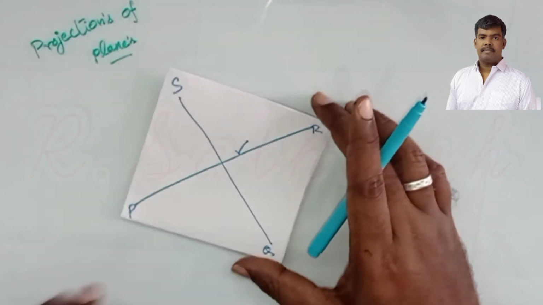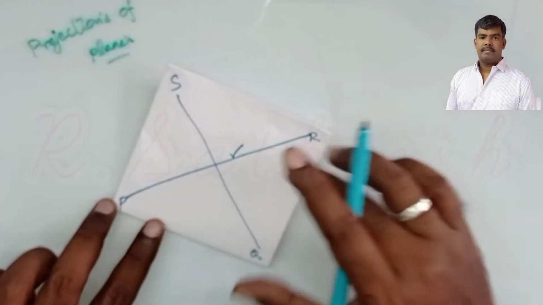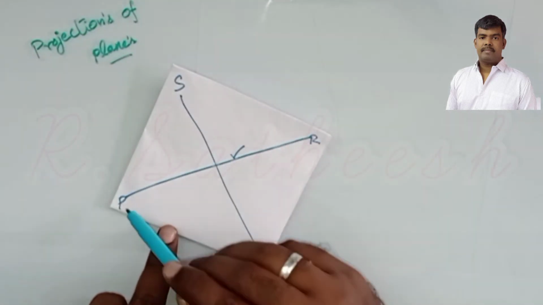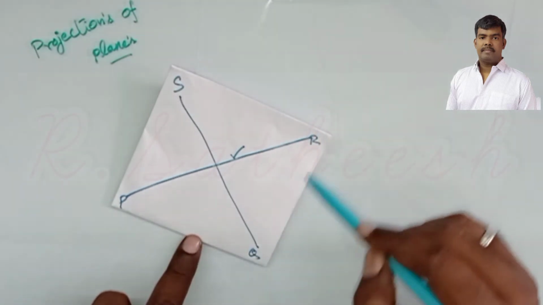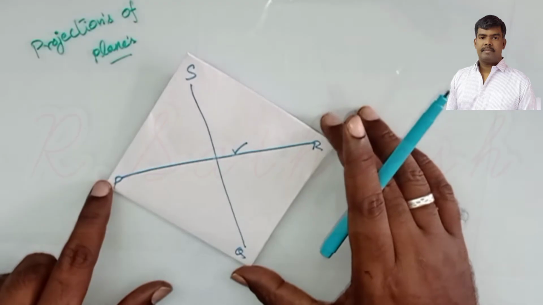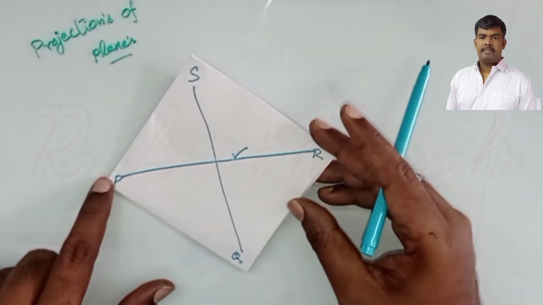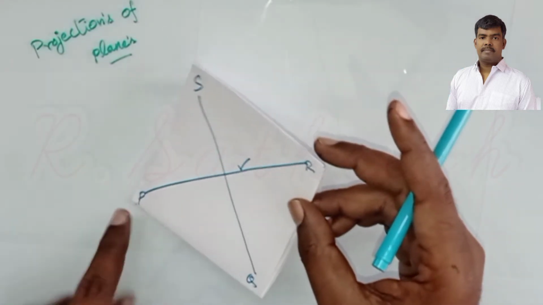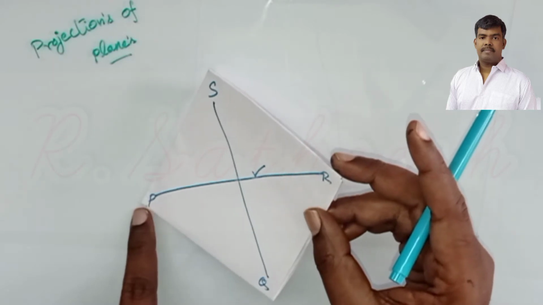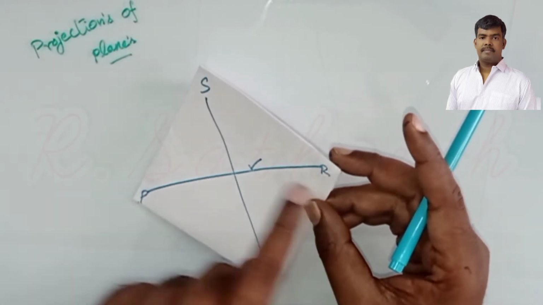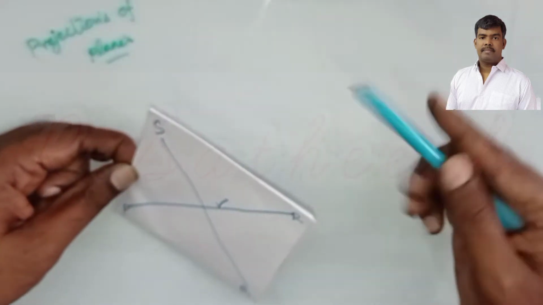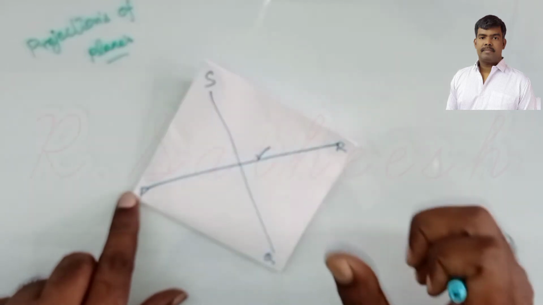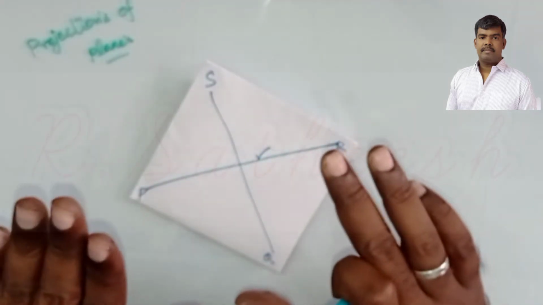Let us take a square lamina PQRS of 40 mm side resting on the ground on its corner. In that square lamina, there are 4 corners: P, Q, R, S. Only one corner can rest on the ground if it is inclined, which means only point P lies on the ground. All the remaining points Q, R, S are above HP, at some distance above HP. Only P is resting on the ground. So before incline, all of PQRS is completely resting on HP.